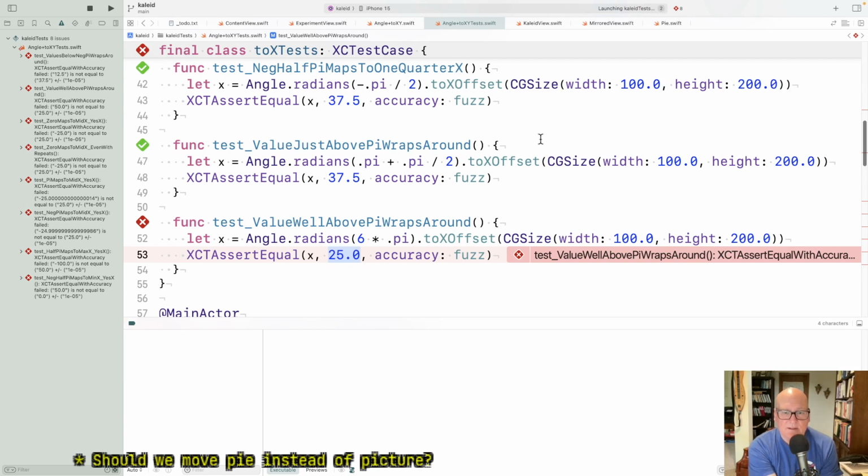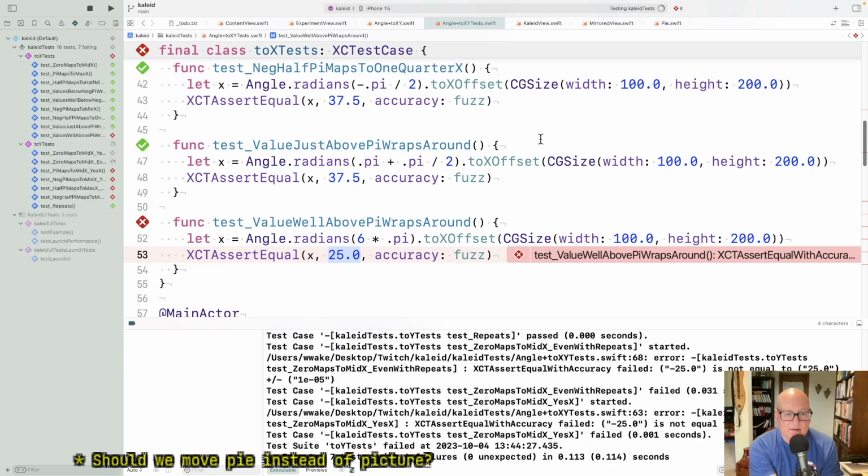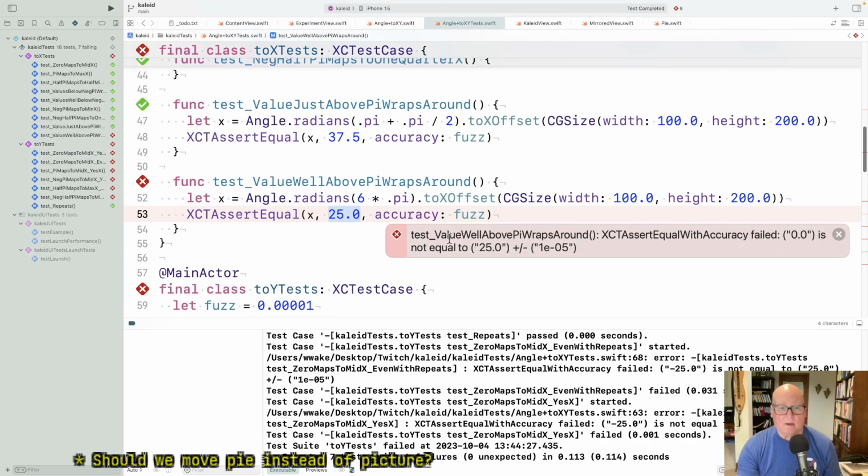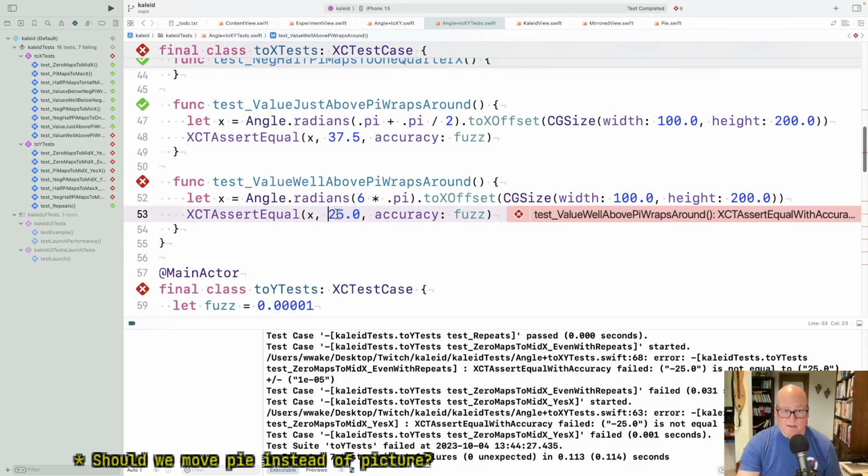Oh, it's a little faster. Okay. Well... Oh, yeah. No, it should have been 0. Yeah, because 2 pi should wrap to 0. We already proved 0 should be 0. So